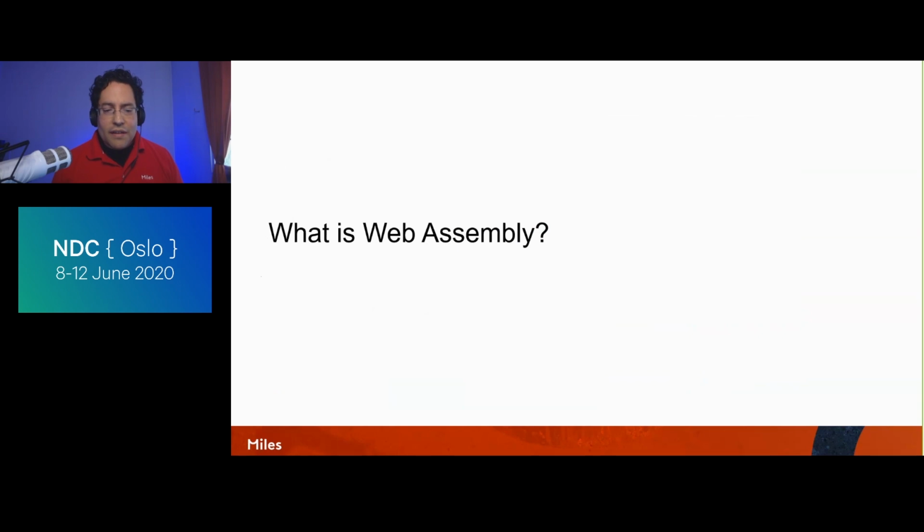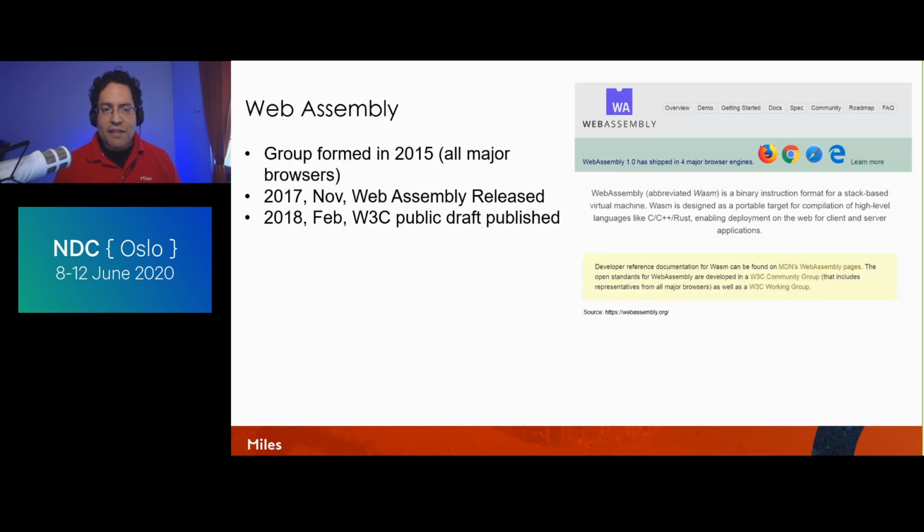So what is WebAssembly? WebAssembly has its origin in 2015. All the major web browser vendors gathered together and did a draft of WebAssembly at the end of 2017, and then they published it in February of 2018. The goal for WebAssembly is to have a binary format so that you can run native code